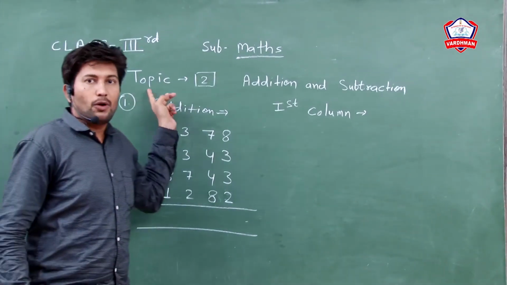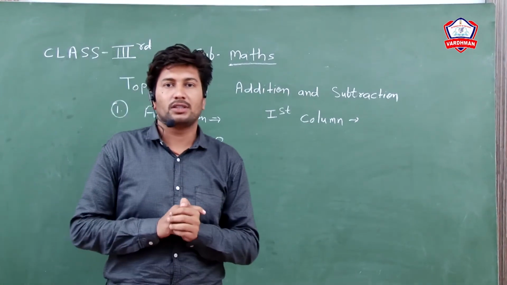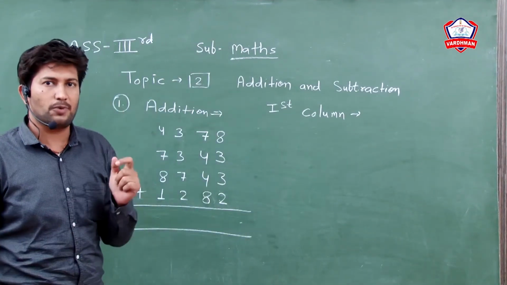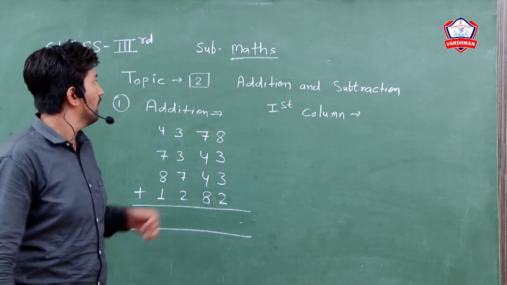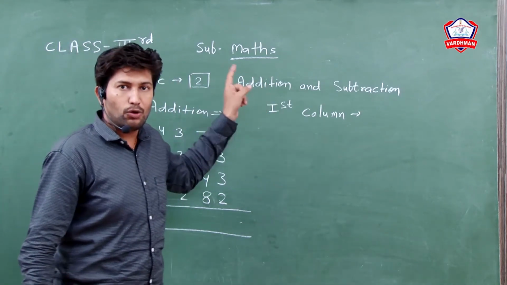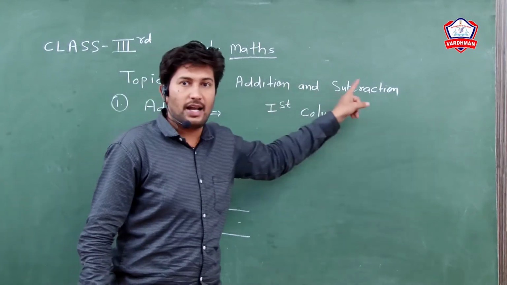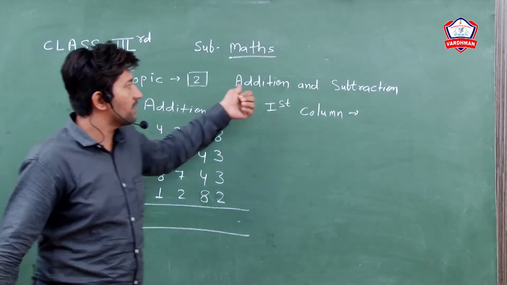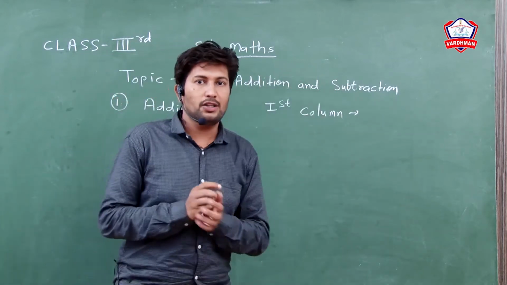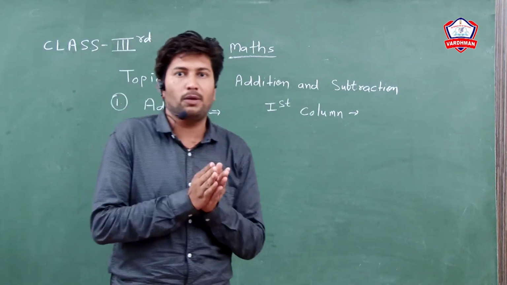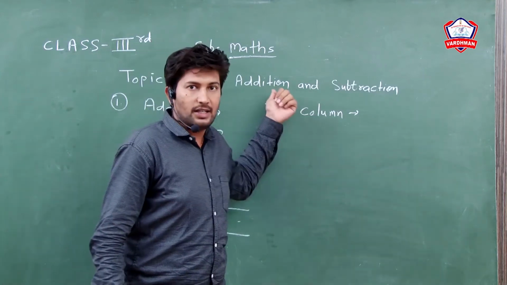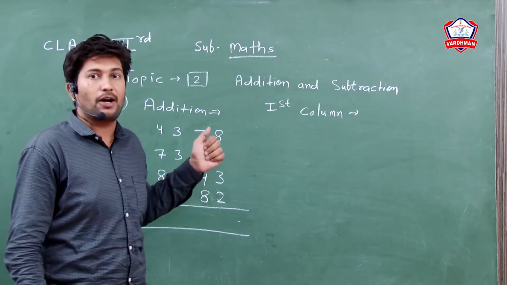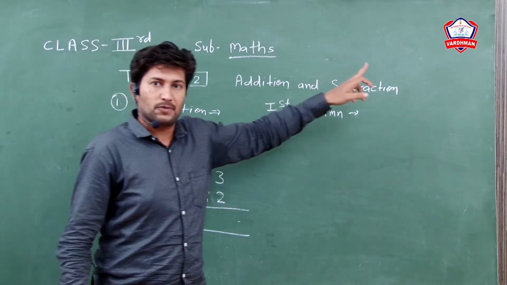Okay, now we have already read about topic 2nd and 3rd, unit or chapter topic 2nd or 3rd. In both topics we have the addition and subtraction part. Now we will teach about addition and subtraction. In the previous class we taught the normal part of addition and subtraction. Now we will teach about the higher part of addition and subtraction.